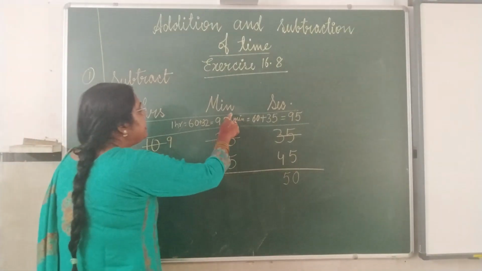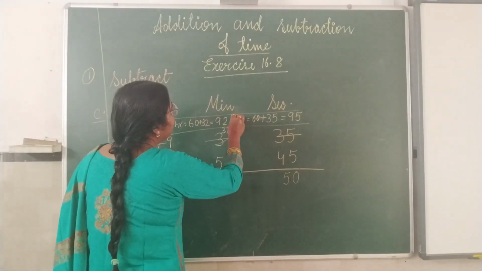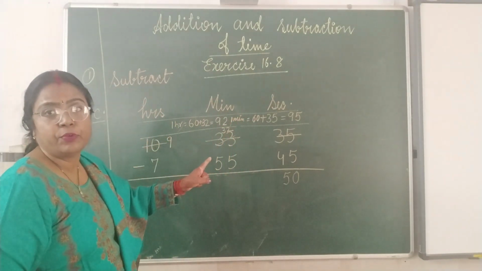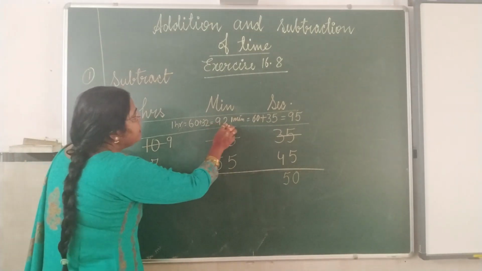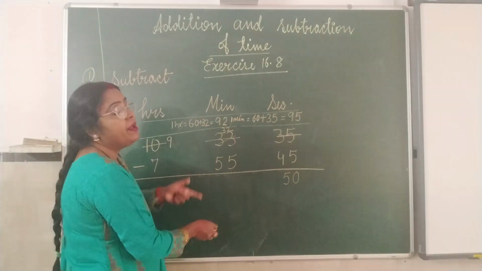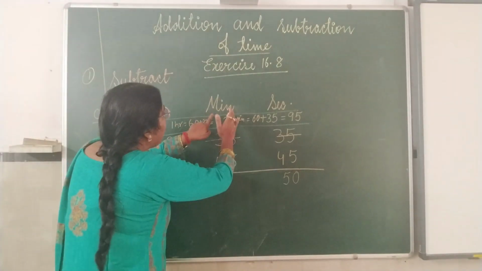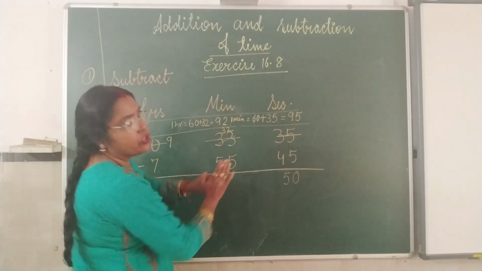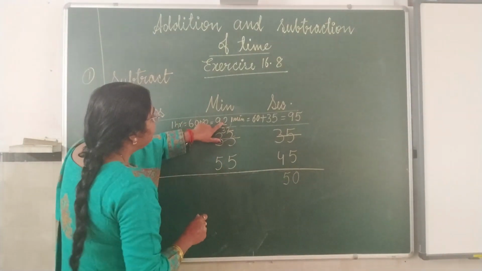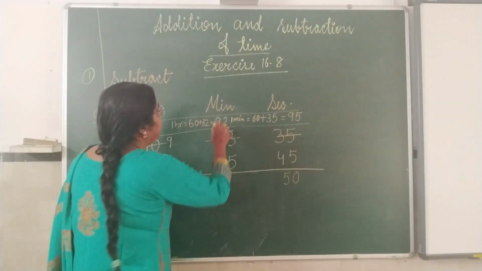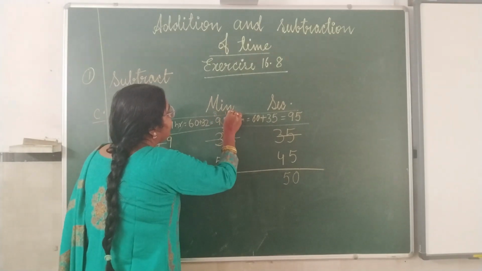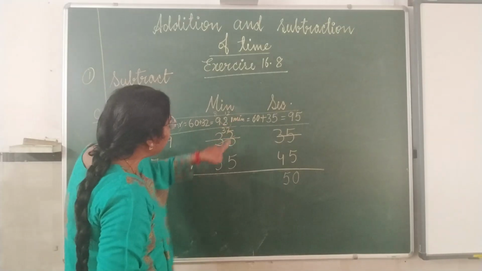Okay. Generally children are getting confused in this one. So please be attentive while listening to this question. Okay. So this is 92 minutes. Now 92 is more than 55. We have to subtract. Now 92 is also minutes, 55 is also minutes. We will subtract as we do normal subtraction. 2 minus 5 not possible. We will take borrow. It will turn to 8 and this will turn to 12. 12 minus 5.